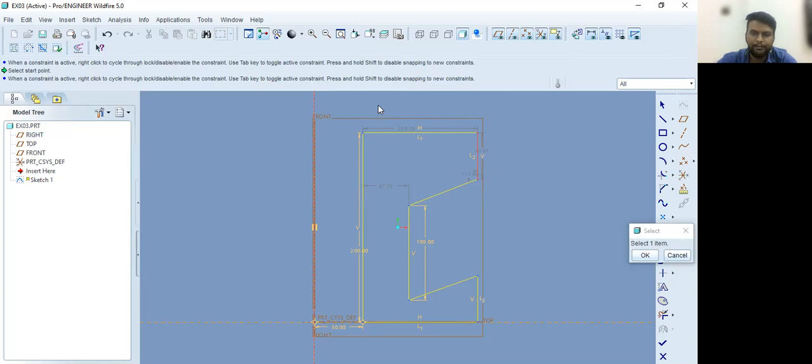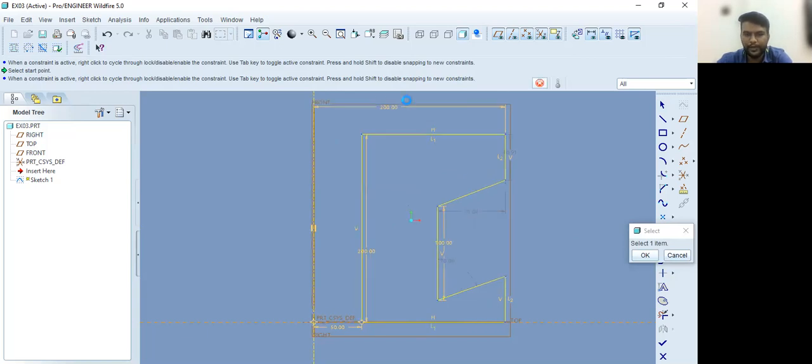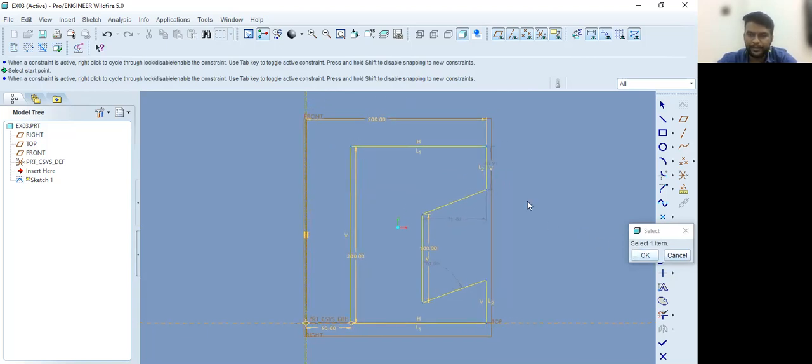Just press the middle mouse button. Once you press it, the dimension will automatically come. This dimension is 200. Next is the dimension between this line and axis. Again, press the middle mouse button, the dimension will appear and change it. Next is the dimension between this axis and this point.